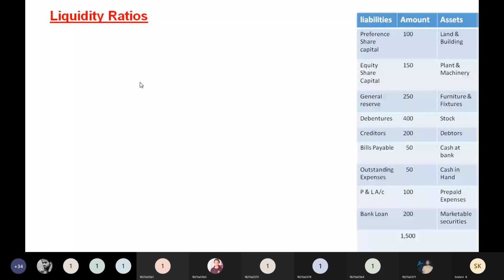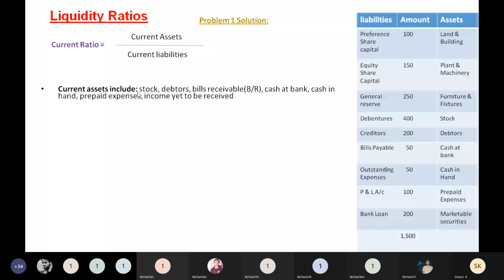So take down this current assets formula. First keep the heading calculation of current ratio like that. Okay. So take down the current ratio formula, and list out what things are going to be included under current assets and the current liabilities. I am going fast here because we have discussed this already, no?